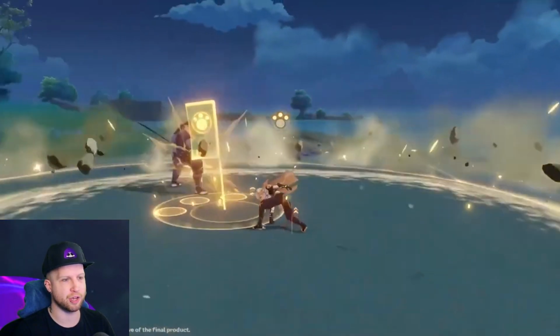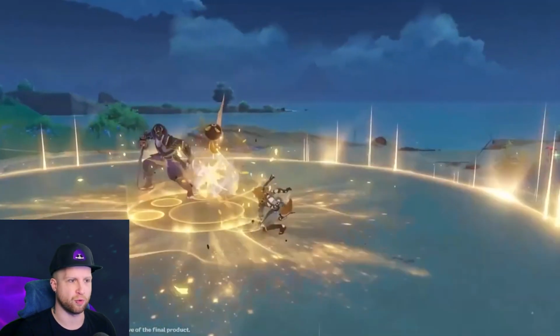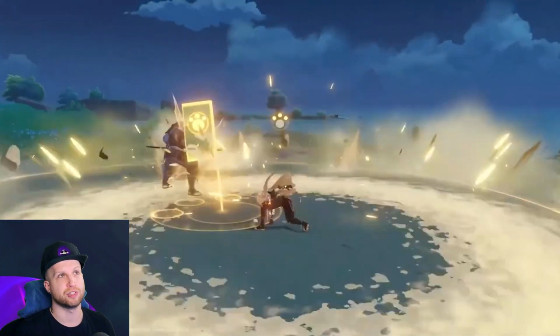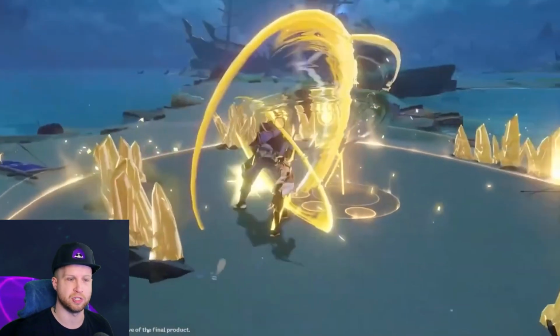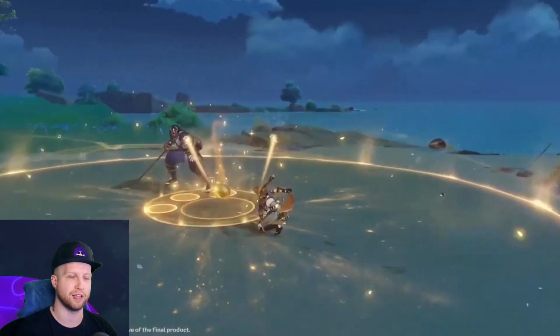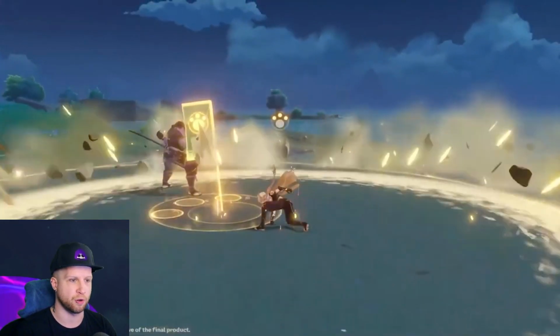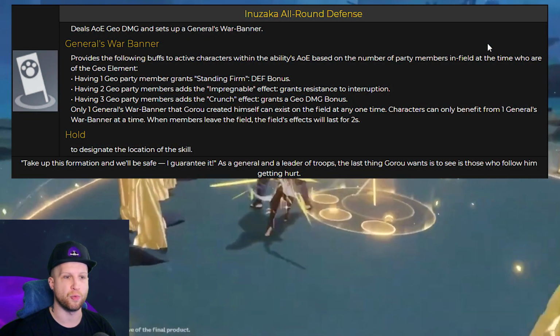This deals AoE Geo damage and sets up a General's War Banner. This war banner is just going to stay right where you put it, so it's actually very similar to Albedo's flower and how that works. However, it's more so going to buff all of your characters. So I think this is why a lot of people potentially end up going for Gorou, even if they don't go for Itto. It provides the following buffs to active characters within the ability's AoE